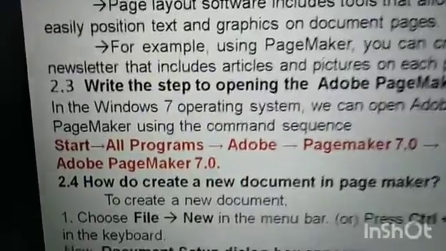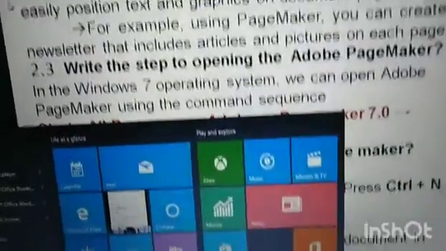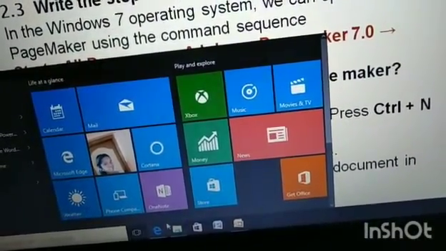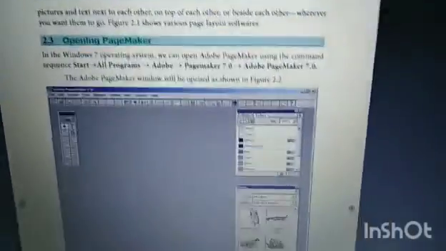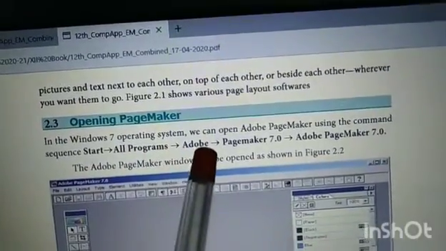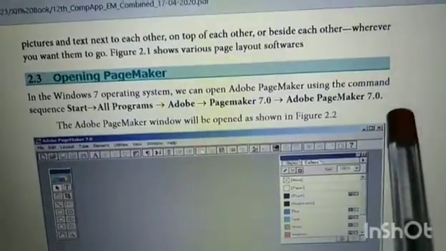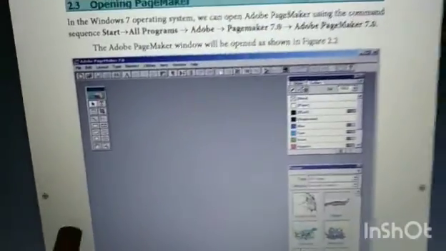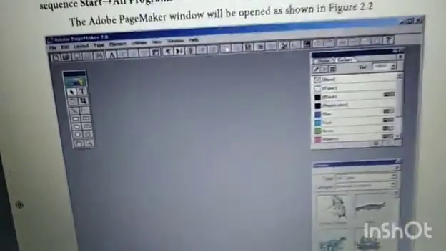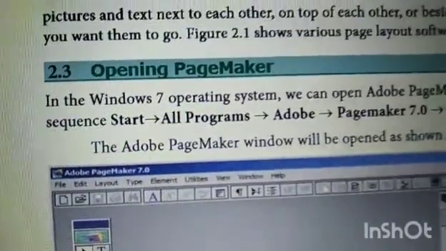If you click the command, you will see this window on your screen. So this is the window of Adobe PageMaker 7.0.